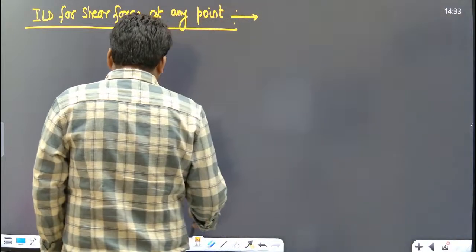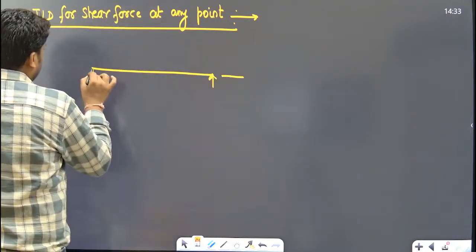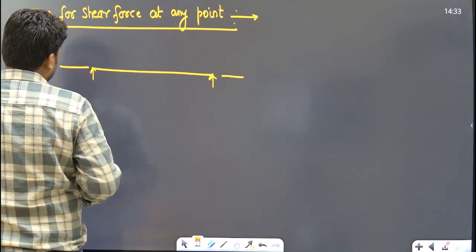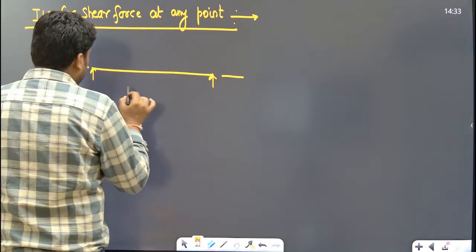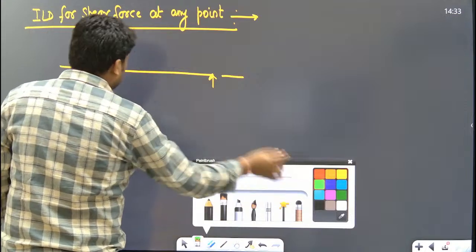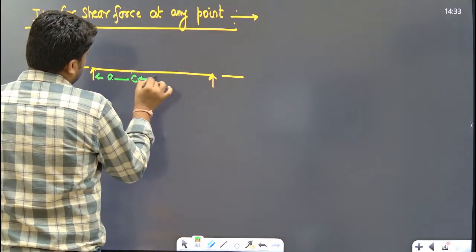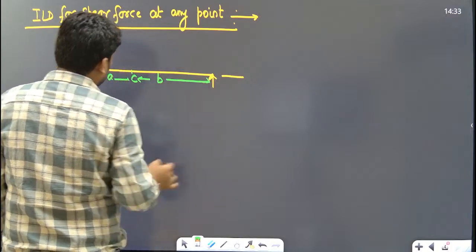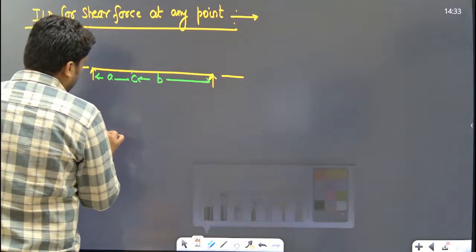Let us suppose this is a simply supported beam and I need to draw the shear force at any point C. Let us suppose this is point C at a distance A and this distance is B. So what was the shortcut? The shortcut was